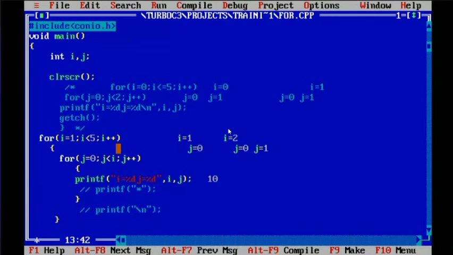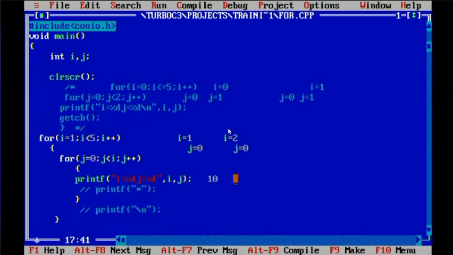Now j will become 1. i is 2 now, so j less than i when you are checking. j is now 1, and i is 2, so j remains lesser than i. Is it clear? Yes, ma'am. So when j is 0, what output have we got?